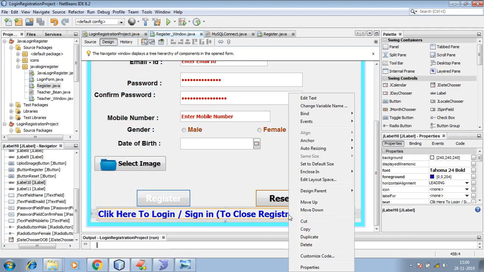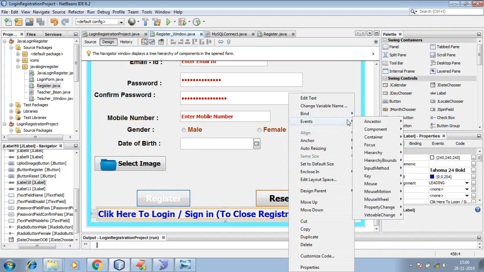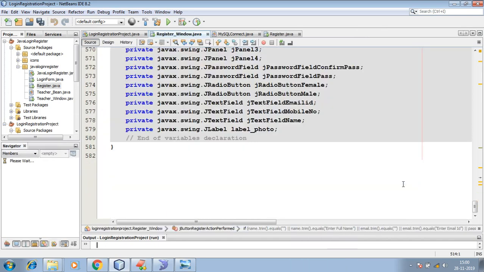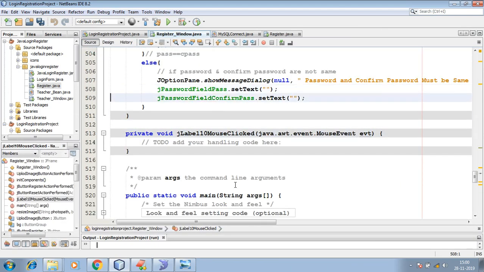Right click here and then events, mouse clicked. So mouse clicked, where is that mouse clicked? So here